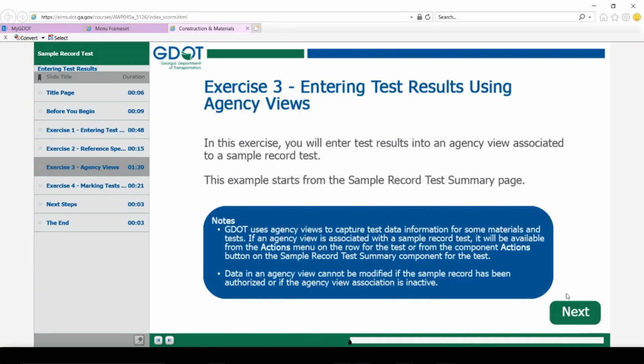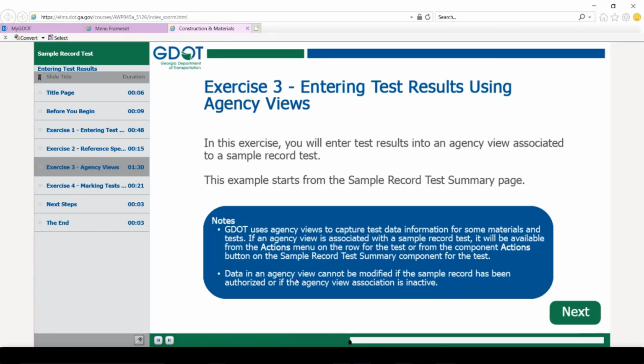Next, how do you enter test results, again using GDOT specific views, agency views? The note here says GDOT uses agency views to capture test data information for some materials and test. If an agency view is associated with a sample record test, it will be available from the Actions menu on the row for the test or from the Component Actions button on the Sample Record Test Summary component for the test.